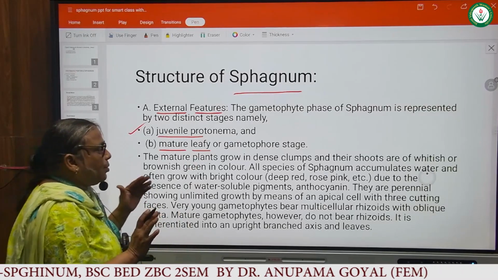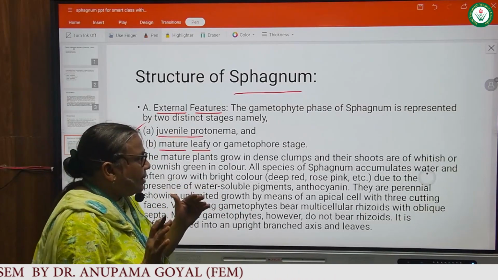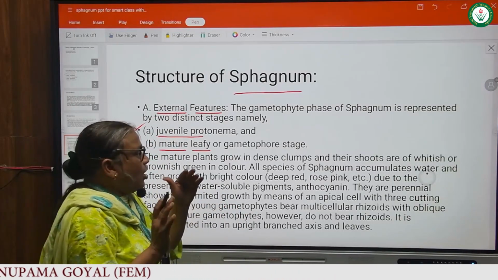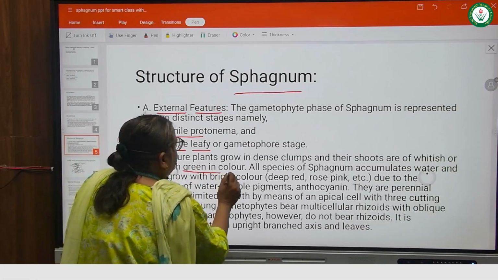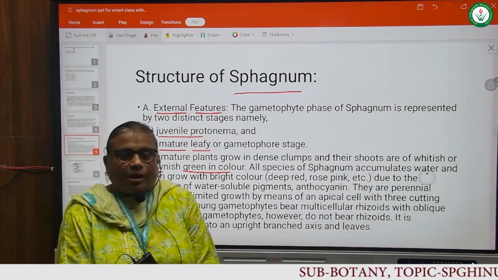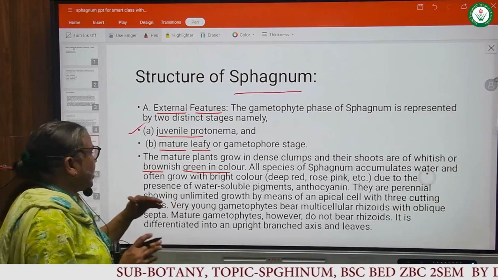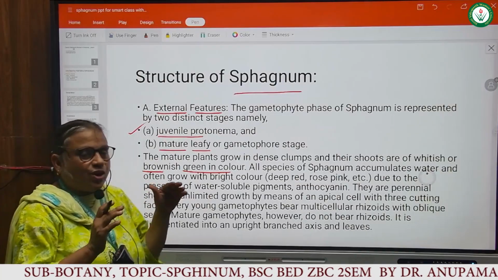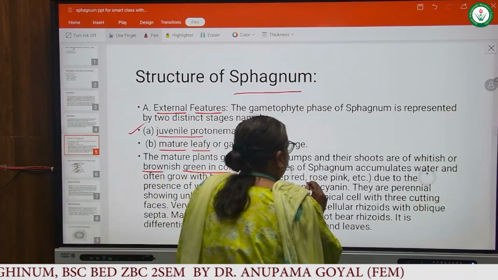The mature plants of sphagnum grow in dense clumps and their shoots are whitish or brownish green in color. All the species of sphagnum accumulate water and grow with bright colors, that is deep red and rose pink,